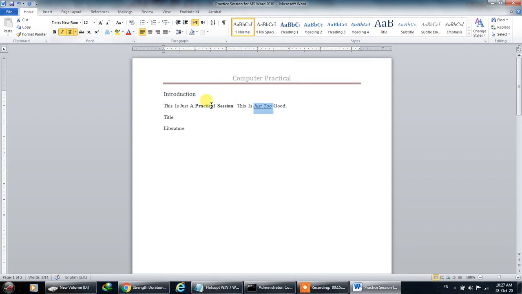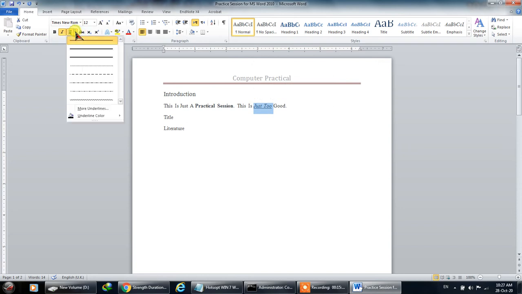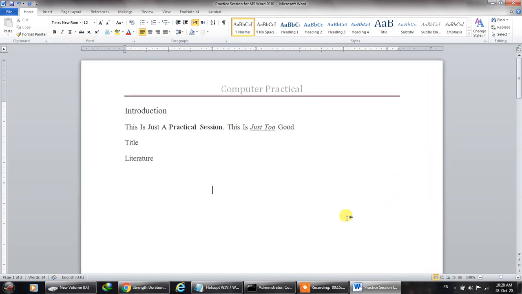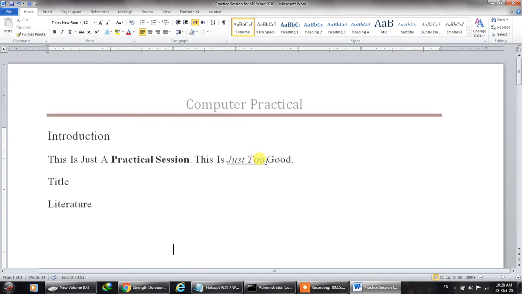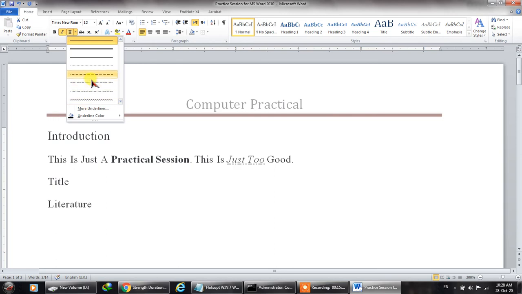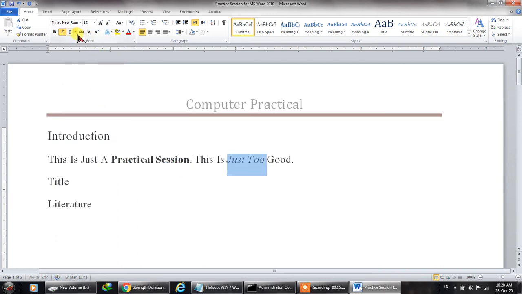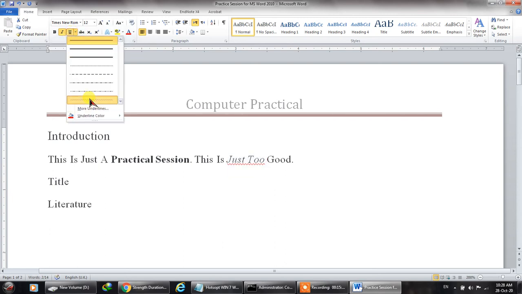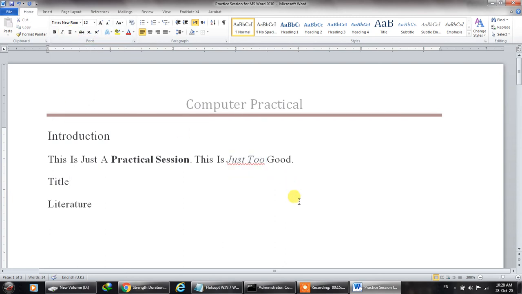If you want to underline it also, here you go, and you can even select different types of underlines. So you can see these lines changing. Let me zoom this first. I hope this is readable for you. And now you can see the underline style is being changed. If you want to change the color, let's say I want to use this one, now this is just another way.